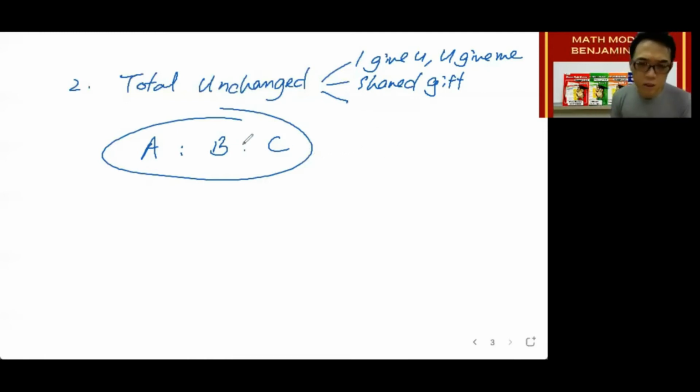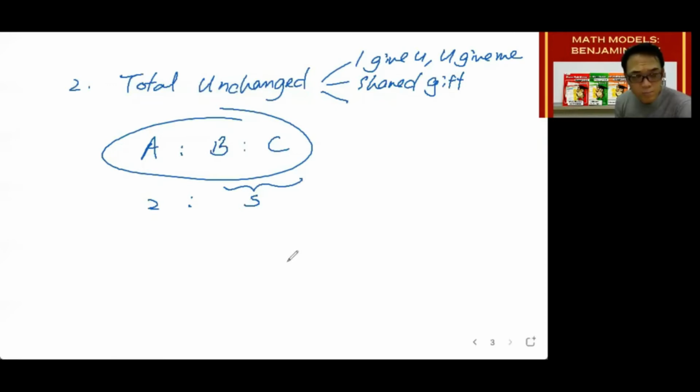And because they share it like this, the total amount of money spent belongs to the three of them, no matter how it is done. So in a shared gift question, generally, if they give you a ratio, 2 is to, for example, 5, and then they give you a ratio of,